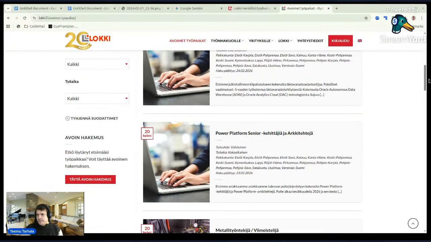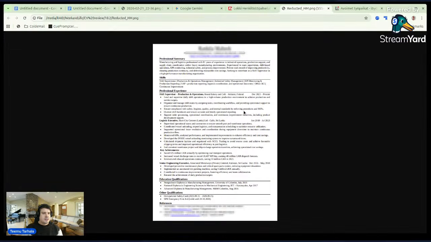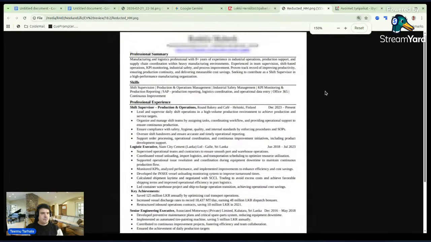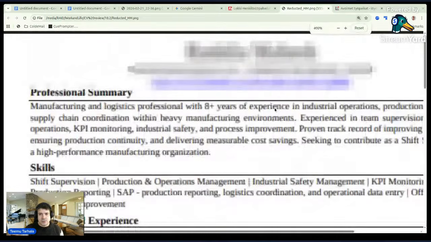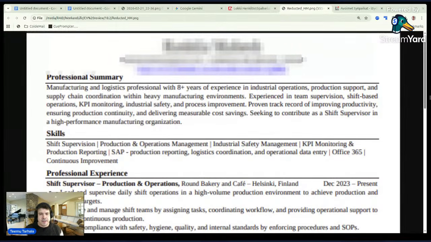There it is. Let's see, did it come here? Yes. This is the CV I got. Let me get the StreamYard to show that how much I need to zoom that you can actually see it. Let's start going through from the beginning, aiming to end. And when you recognize that, hey, this is my CV, if you have a place to apply or specific job or specific company, send it to me in WhatsApp, because I would need that information to get most out of this.